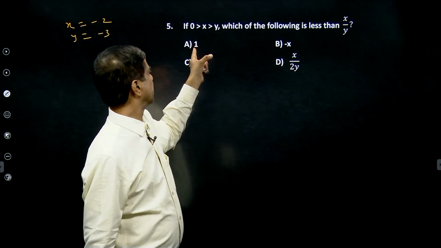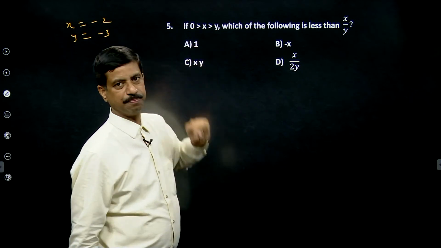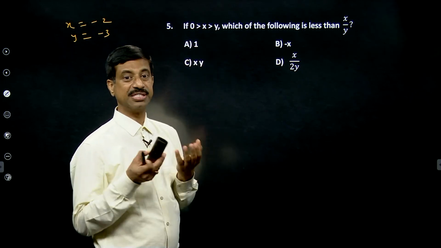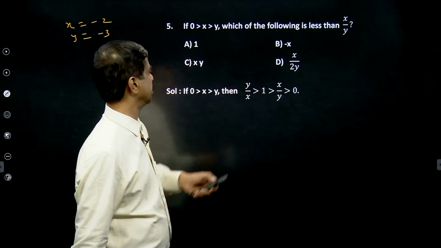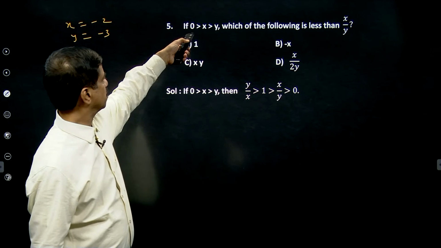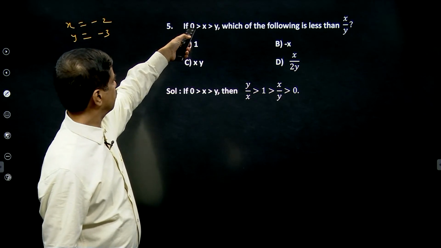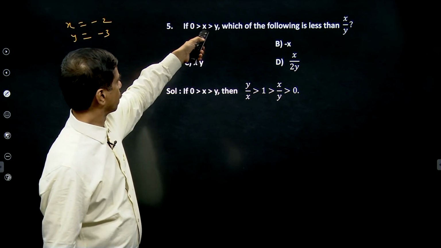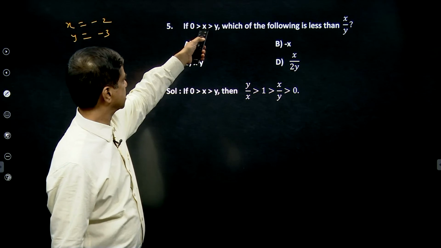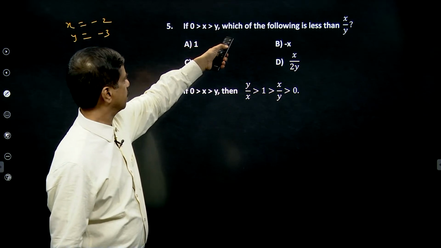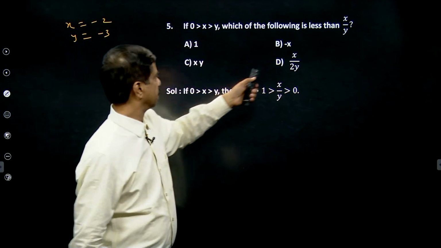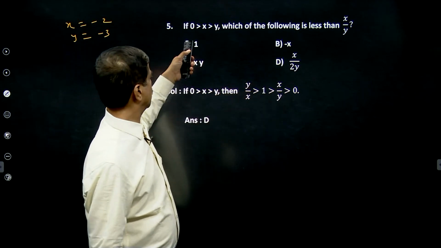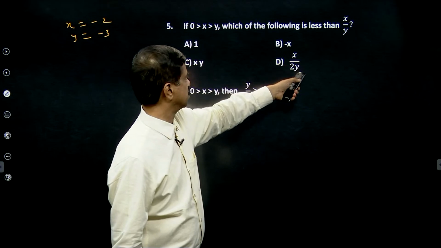So, x by y is greater than 1 only if x is greater than y, that is possible. So, look at the options given here. y by x is greater than 1 and x by y is greater than 0. So now if you look at this option x by 2y,